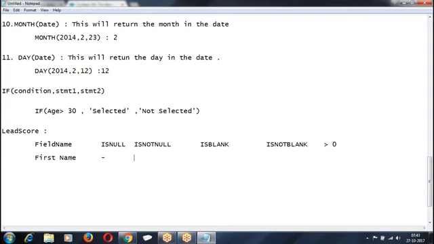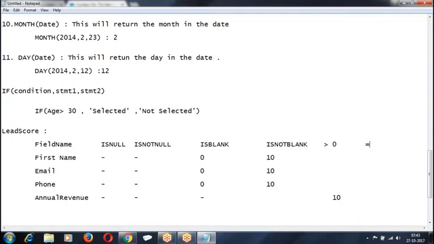If first name is entered, give 10 points. If email address is entered, 10 points. If phone number is entered, if annual revenue is entered, greater than 0, give 10 points.